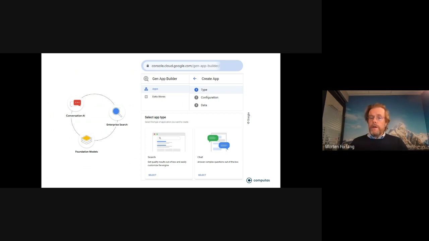That's the chat, sorry. And for search, you can search and get results that relate to the enterprise data you have provided. And likewise for chat, you can have a chatbot, a conversational agent that becomes an application, where your clients, your users can have conversations about proprietary data that your own organization owns. So that's something to try.